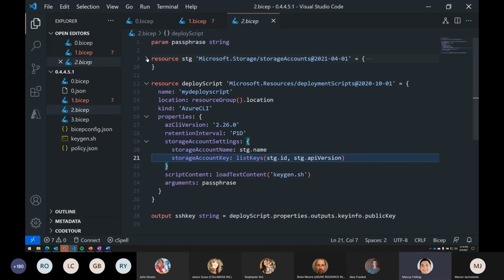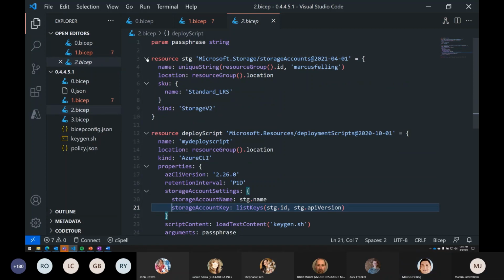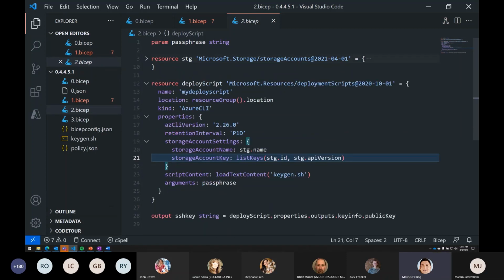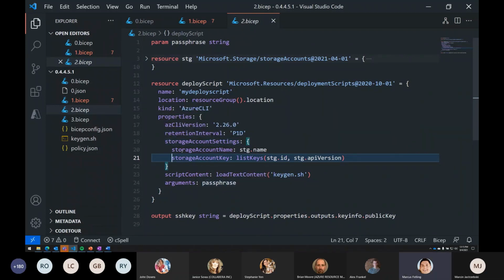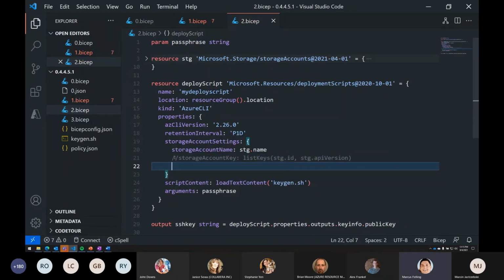Here I have a storage account. And then I have a deployment script down here. So as part of this deployment script, I'm required to pass in a storage account name and a storage account key. So line 21 may look familiar. There's nothing wrong with this, but it's easy to get the ID and the API version wrong. So I'm going to comment this out. And instead,